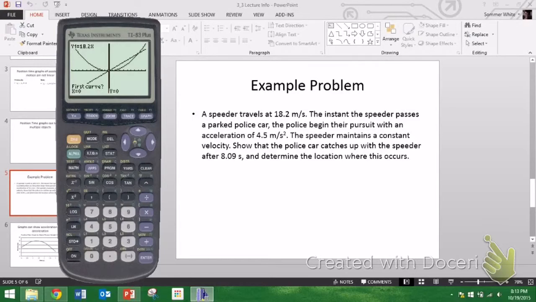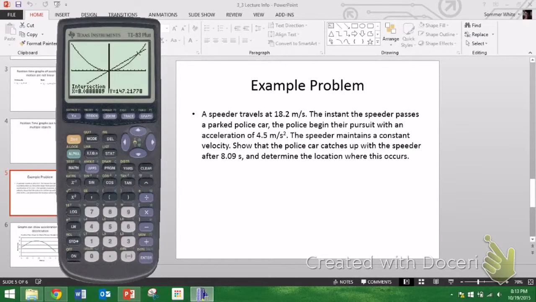At this point, it gives you first curve, which is where you are looking, what is your first line. You do want to get your cursor close to where your intersection is, just to help speed the process along. So I get that up close to where the first curve is, get the second curve up in that area and hit enter, and then your guess somewhere in that vicinity. Alright, my calculator does a little bit of thinking, and then it realizes that I do have an intersection at 8.09